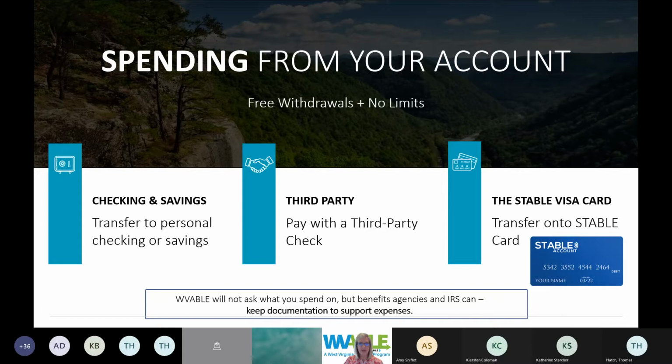They are a very convenient method for individuals that plan to use the monies in the account more frequently, for example, to pay for daily living expenses. And the ABLE Visa cards function like a loadable prepaid debit card. They don't come automatically. You do have to make a request to receive the card. And I'll note that at the online dashboard for the account, you'll see a digital tile that references the prepaid debit card. So you can click on that link to then request the card.